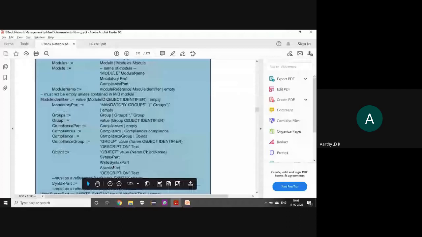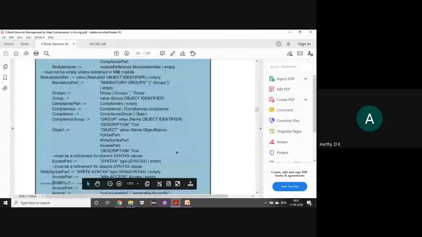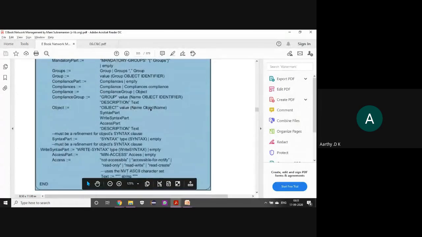Every object will have the value, syntax part, write syntax part, access part and description. For every object, we have to specify the name of the object. Then the syntax part follows the ASN syntax. Then write syntax, whether it is write accessible. The next is access part. In access part we provide minimum access or any other kind of access.